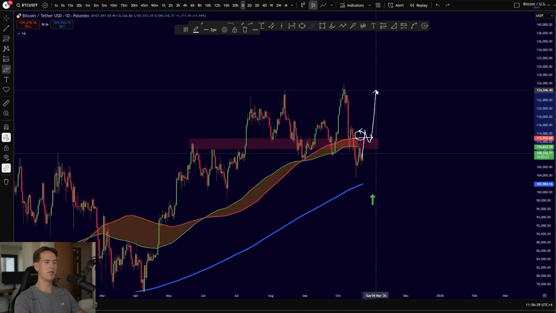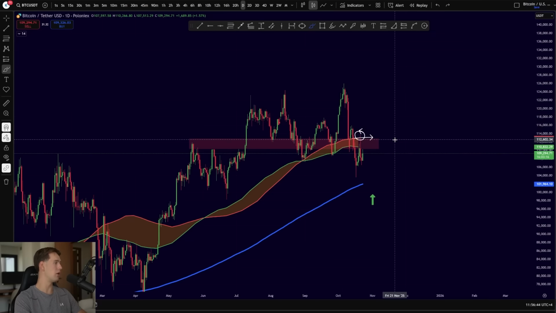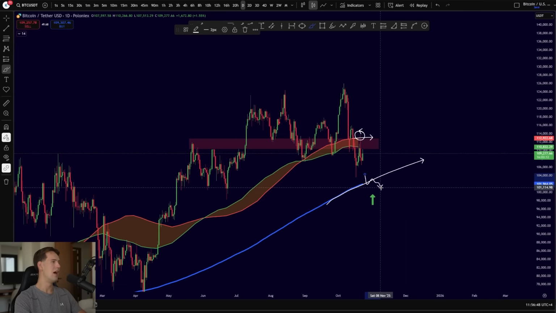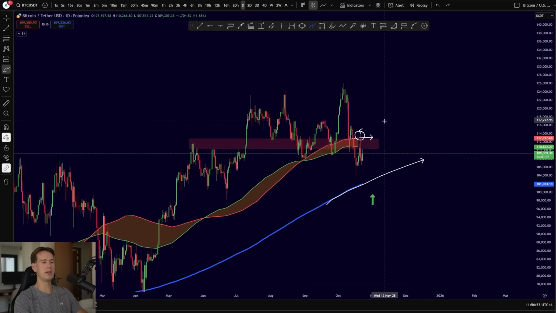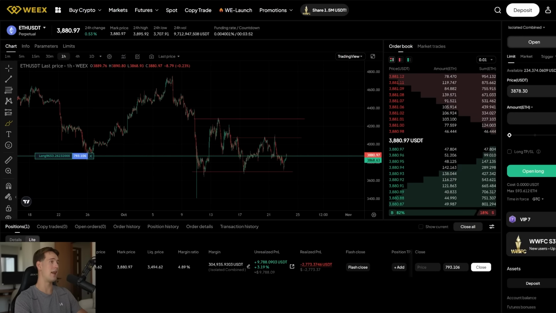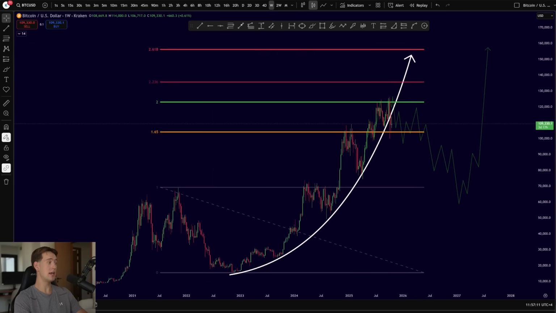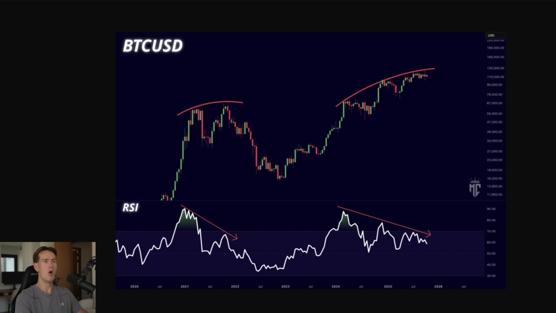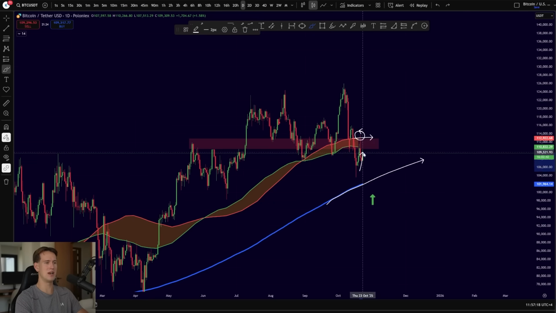If we break above the 113k level, I definitely do still think that new all-time highs are going to be on the table. And as long as we hold above the 50 weekly moving average, I'm going to be considering this Wyckoff distribution, but I will not be shorting Bitcoin. I will not be selling huge amounts, definitely not with my leverage positions. And as long as we stay above the 50 weekly moving average, I will still remain cautiously bullish. Definitely aware of all of the bearish signals we're getting, but definitely still bullish as long as we hold this